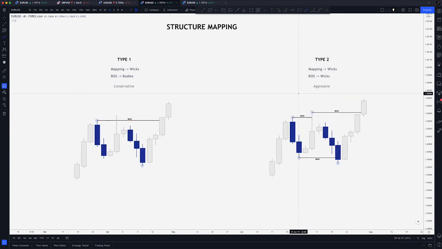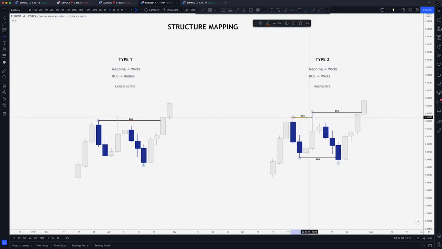Now, the second way is type 2. This is a bit more aggressive because we map structure the same way from wicks, but we only need to see price literally just wick it for there to be a break of structure. So as you can see, this is the exact same price action, but you can see how the trend changes a lot more quickly. It's a lot more aggressive. You get those turning points a lot sooner because as soon as price breaks that high,